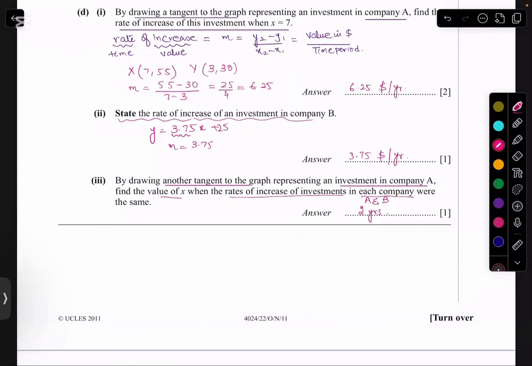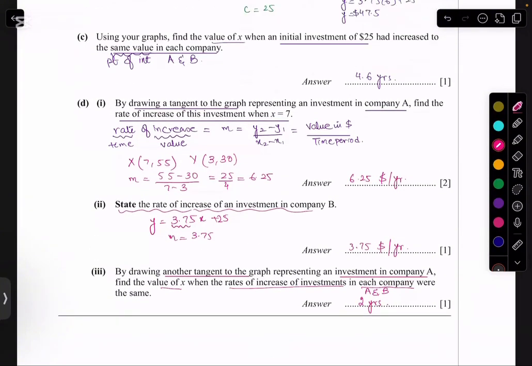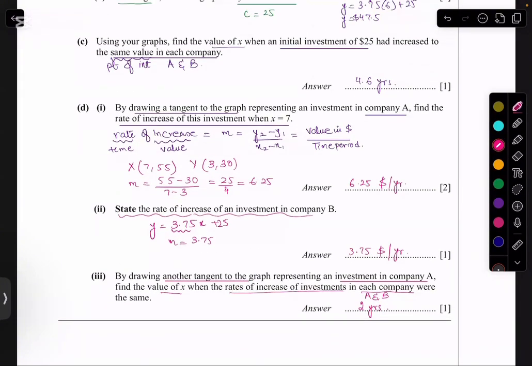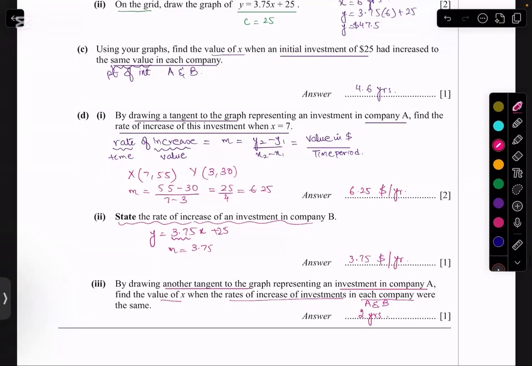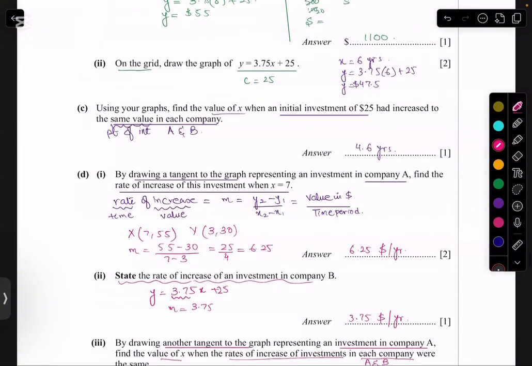It has been a very long question. I know a lot of concepts have been done here. I hope it's clear to everyone. If there is any query, you are allowed to ask now. Yes.